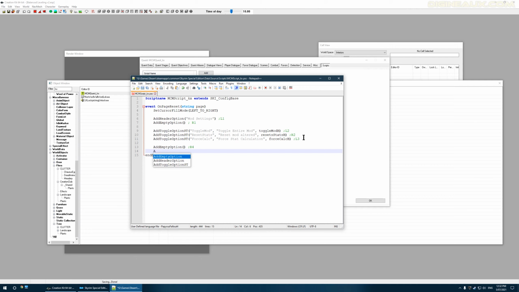then we want to add another header called attributes. Close that. So this will just be the heading for where we have health, mana, and stamina settings. Then we just want to add another empty option there, so that we can have our,